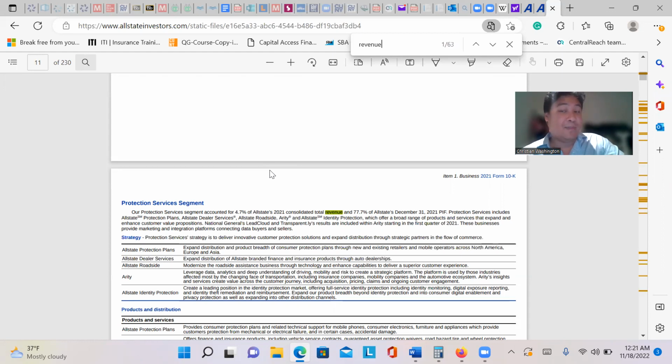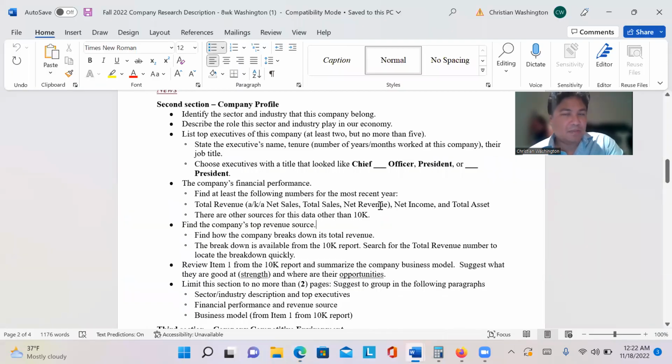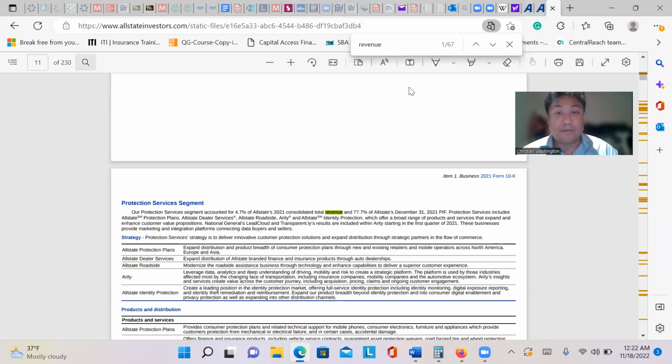Because a company's 10K is sometimes unique to the company, right? They may or may not necessarily use the same wording, even though they generally follow and adhere to GAAP, general accounting principles. There may be some wording they use that's a little different. They may express a word in a way that's not quite the same as how another company may use it. So I wanted to just show you this. So you're looking for the company's top revenue source. So you have to find the revenue. When I type in revenue source,